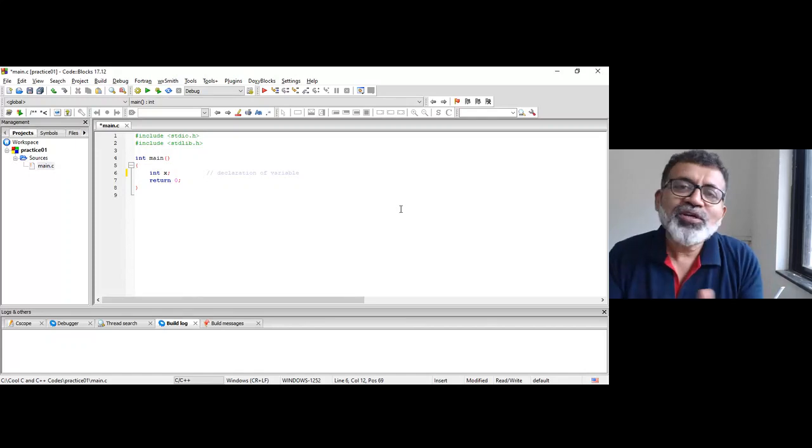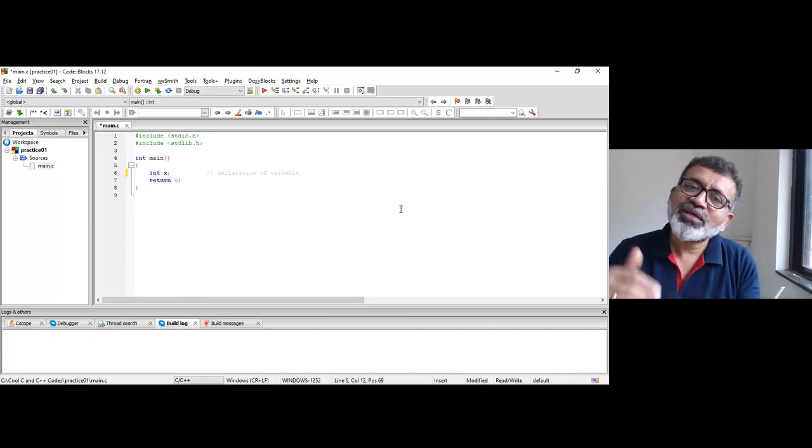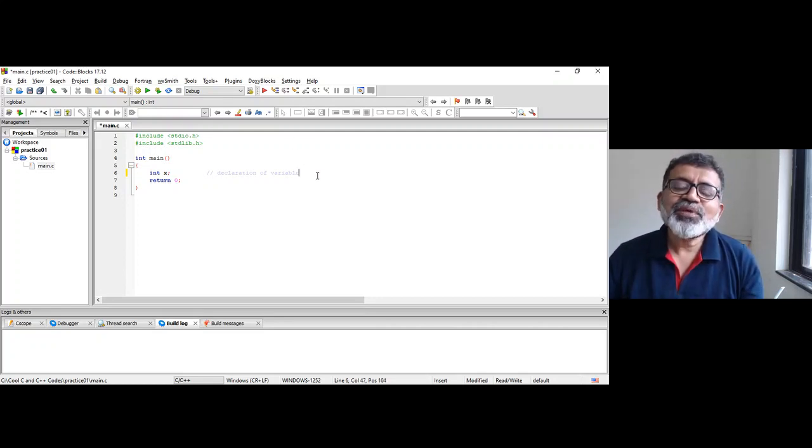So we do not tell the compiler and the operating system how much memory to allocate. That is their task. Okay, so that much memory is allocated for that x.